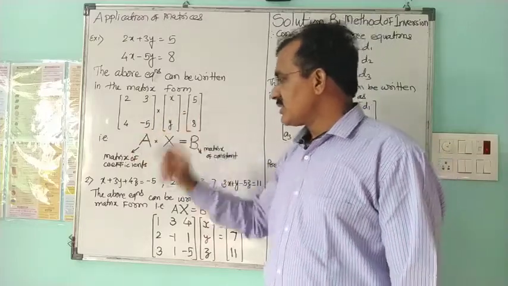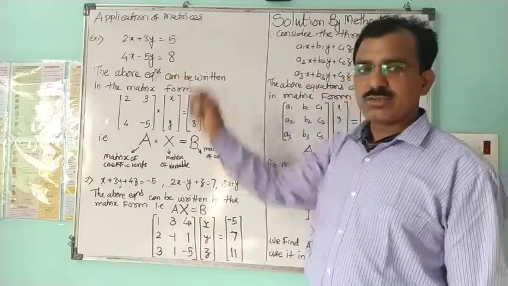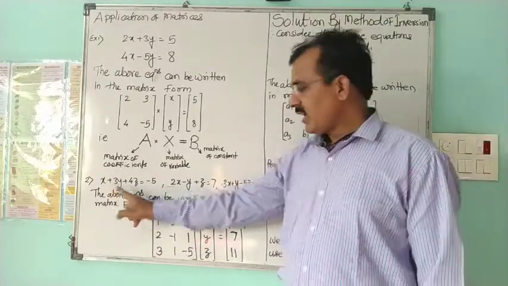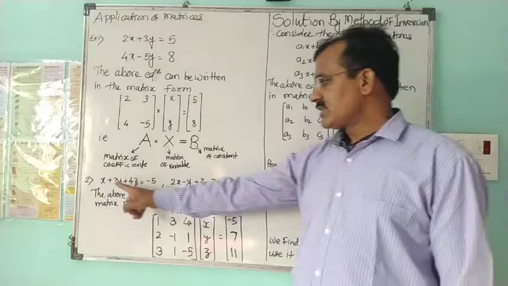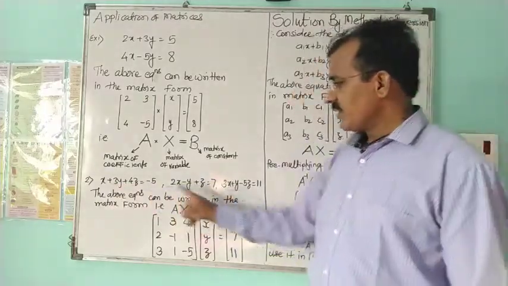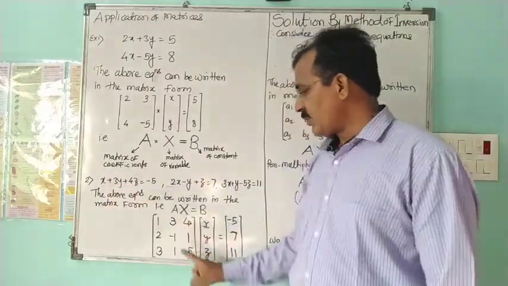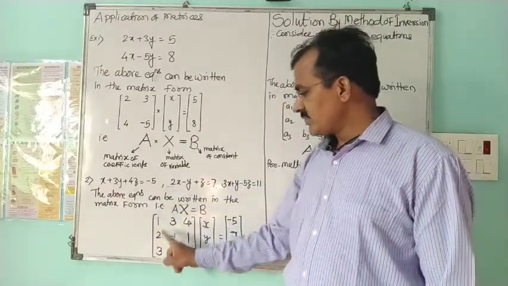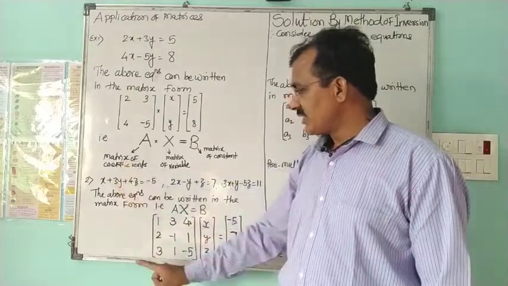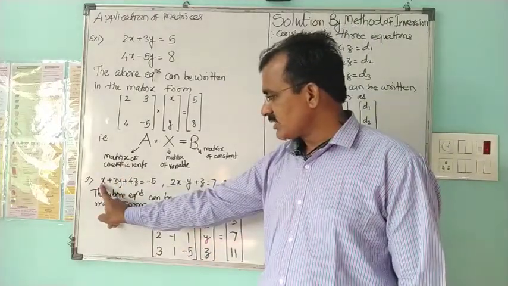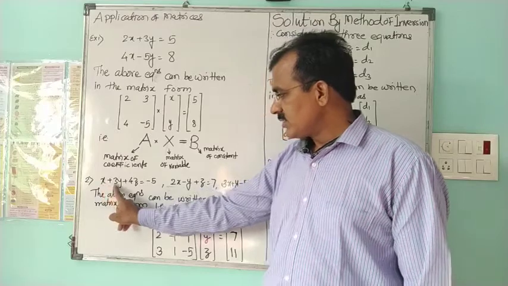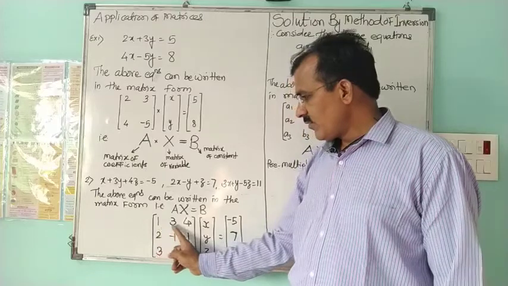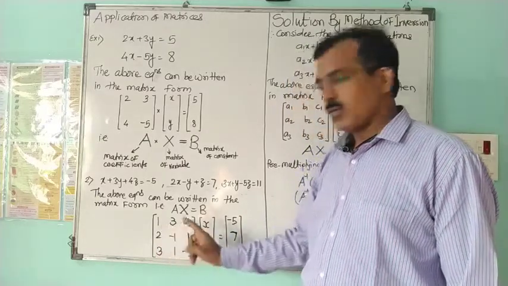Now, using this representation in two equations and two variables, the same concept can be applied for three equations in three variables. So these three equations are given, and we are writing them in the matrix form. What we are observing is that we form the first row of this matrix, which we call the matrix of coefficients. The coefficients from the first equation are 1, 3, 4. So we have used these three values in the first row, 1, 3, 4.